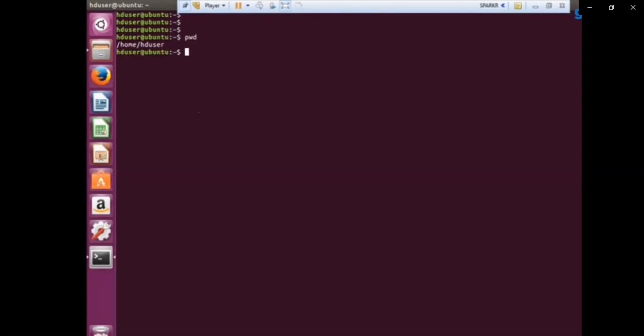Here hduser is the name of the user which I used while installing and configuring Hadoop. You can give it any name, but it should be done at the time of installation. So here I am under hduser, which is under the home directory, which is further under the root directory denoted by forward slash.